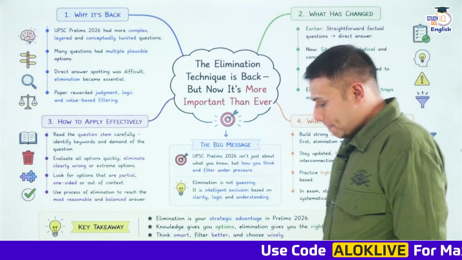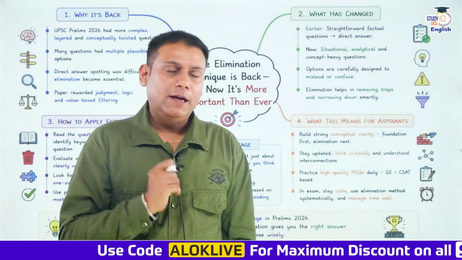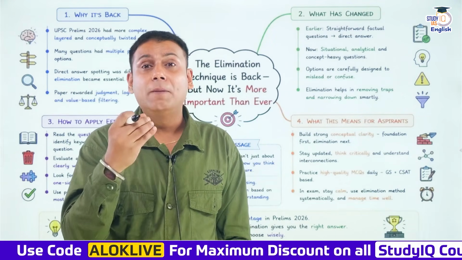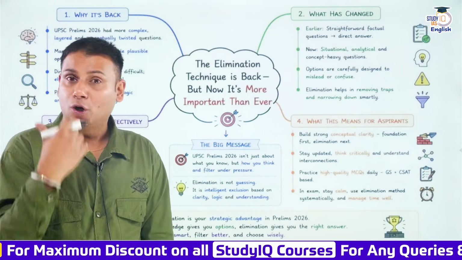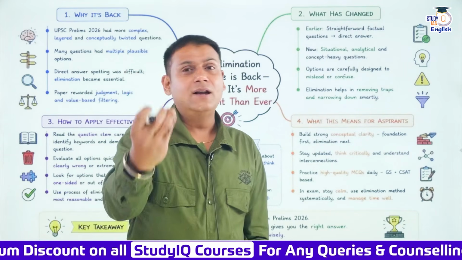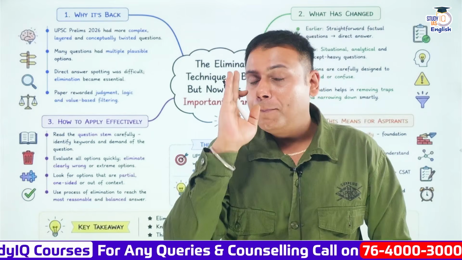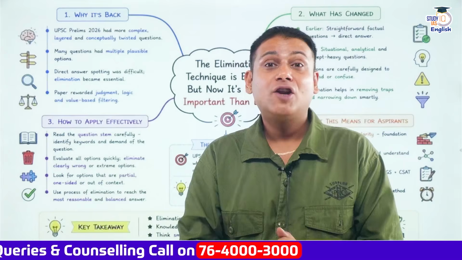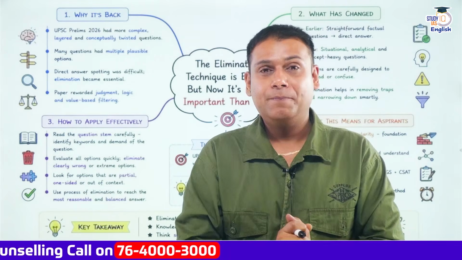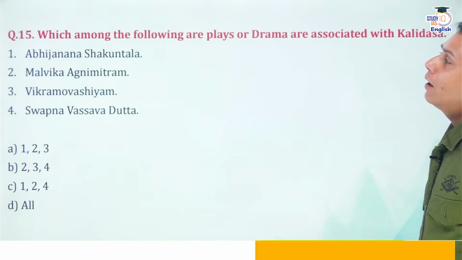Elimination technique. Now, before I explain the elimination technique, I'll give you 3 to 4 important examples. With the help of these examples related to questions of history, we can understand one important aspect: please do not try to chase perfection in your paper. Try to chase accuracy. How? Let's explore with the help of a question.